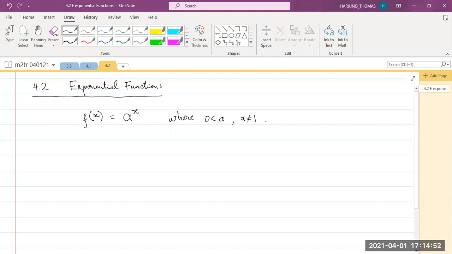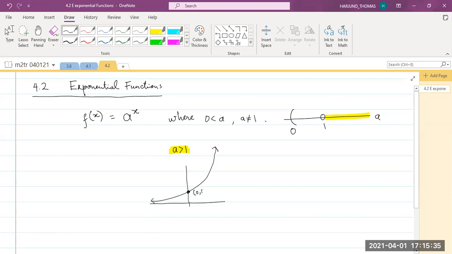Now, if we look at the number line, the base a has to be greater than 0 and cannot be 1. Now suppose the base is greater than 1. If the base is greater than 1, then that exponential function must be an increasing function. It must be increasing. And because it is increasing, it's 1-to-1. Important coordinates are